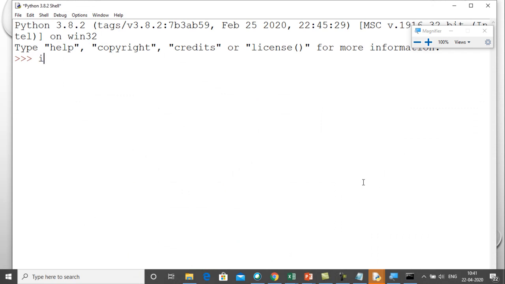Okay, now this is the interactive mode. I will write import mysql.connector, and after writing this command, I simply press enter. If there is no error here, it means that the Python MySQL connector is installed in your system.